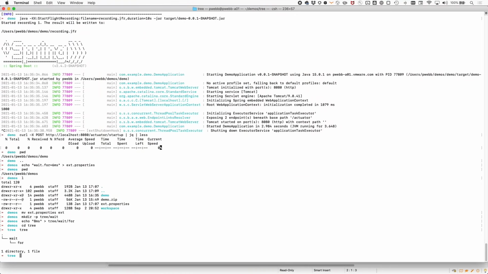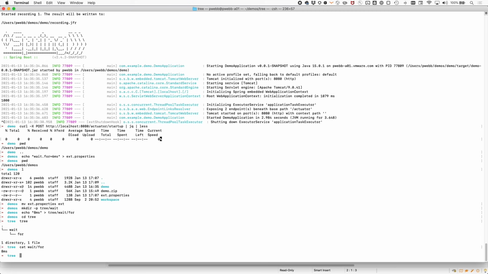And this slightly odd structure might be familiar to you if you've used Kubernetes before. So Kubernetes allows you to do something called volume mounted secrets. And volume mounted secrets often have this format. You have a basic tree structure where the name of the file is the name of the property and the contents of the file is the value. So for instance, in this case, if I cat wait/4, you can see that we have 8 milliseconds as the